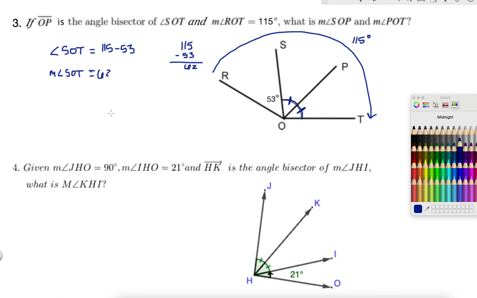And because this bisects, we know that angle SOP is going to be half of 62, which is 31 degrees. So this is 31 and this is 31. And so I've got SOT, so I've got SOP is 31, and POT, these are both 31 degrees. So angle POT